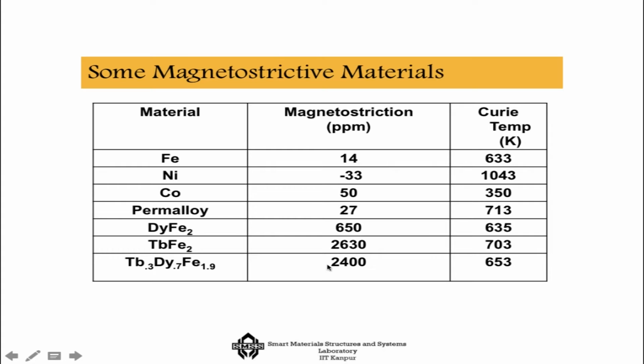So something like 2400 parts per million, that is the level of strain that you will see. Now this is of course a dimensionless quantity, and the other important thing is that it will show this up to a very high temperature, which is good, which means they can really work in a very rugged environment. Now how much is this 2400 or 2500 parts per million? Even though it looks like a large number, in terms of actual change of length it is